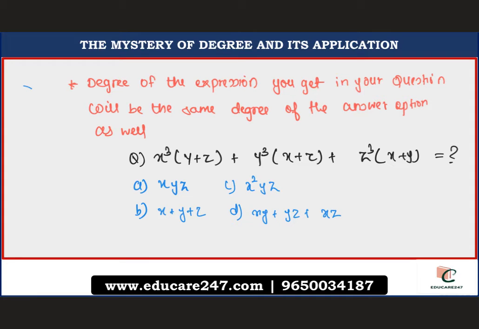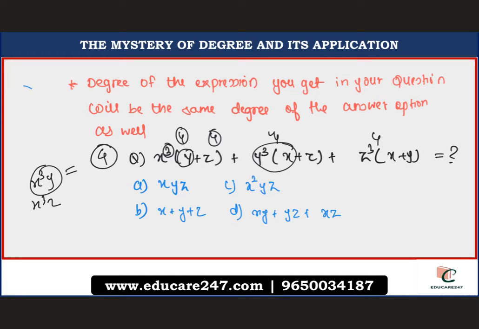First, we'll calculate the degree of the expression that is over here, right? So here 3 is the highest power, and if I multiply it by y, it will become 4, right? Similarly, if I multiply it by z, it will again become 4, so it will stay 4. Here also it will be 4 only. So the overall degree of this expression is 4 because the highest exponent which comes after multiplying this term is 4 only. Similarly, x cube into z. Hence the degree of the expression given in the question is 4. Now, according to the statement that I've given you, we will only mark that option that has degree 4. Rest all the options are junk options.